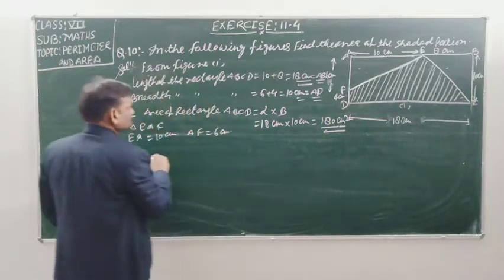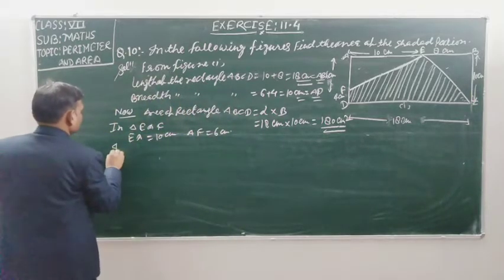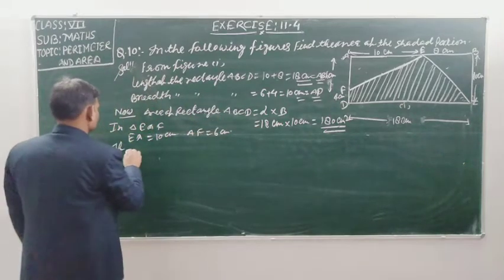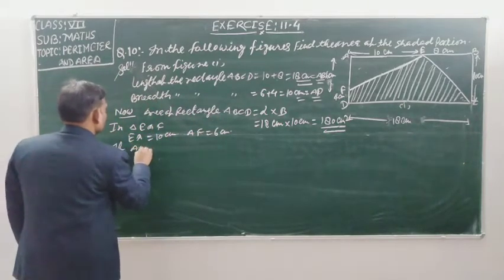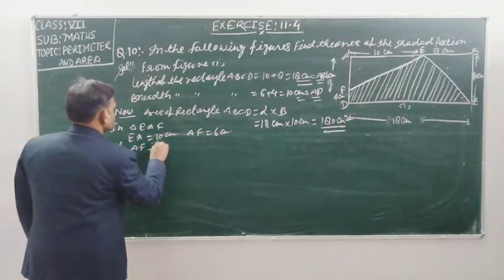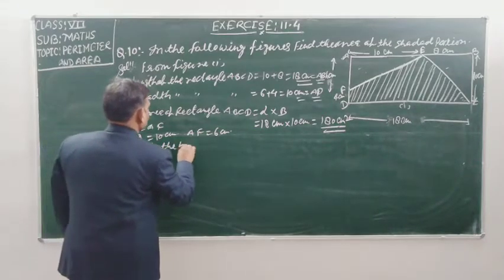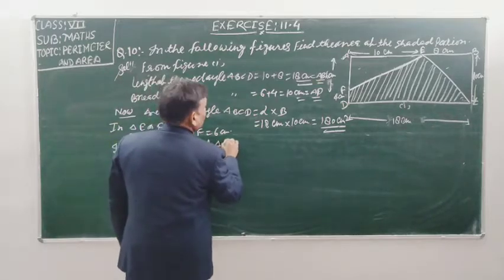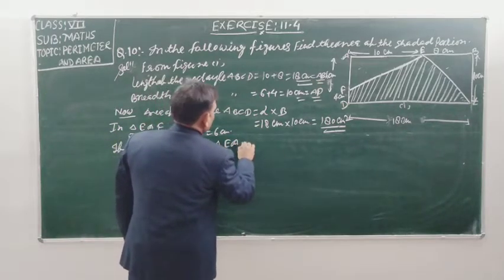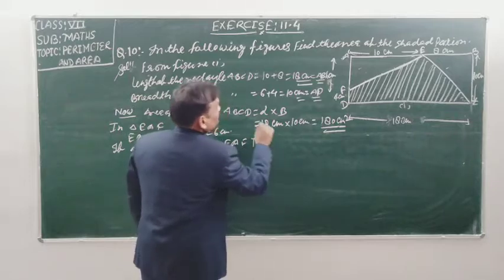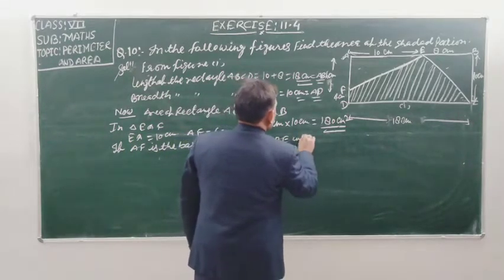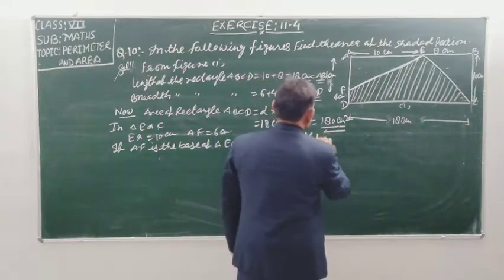If AF is the base of triangle EAF, then AE will be